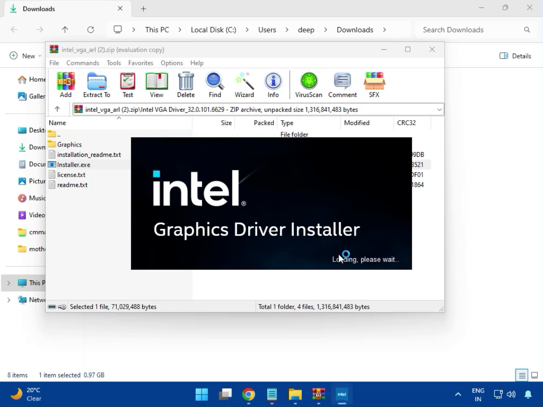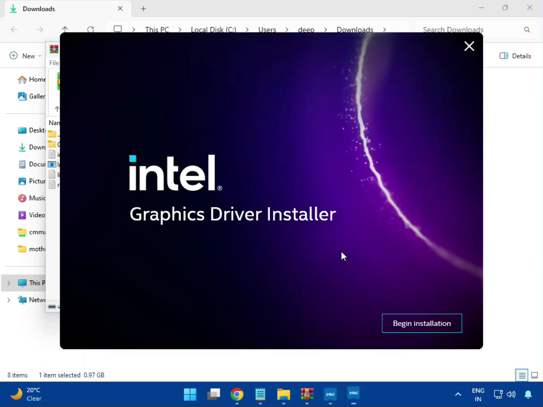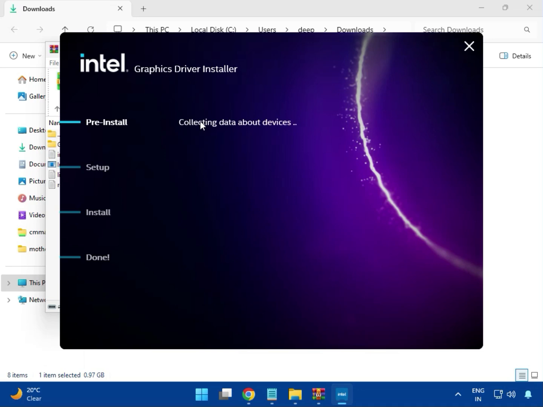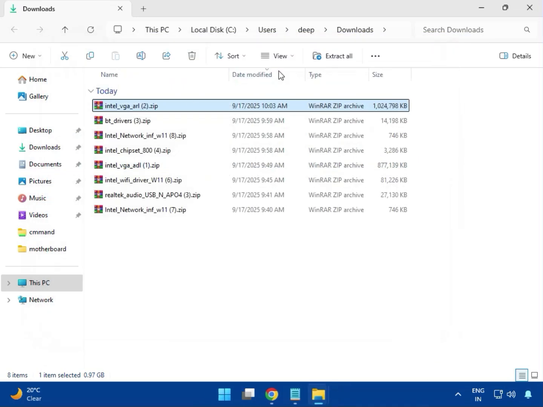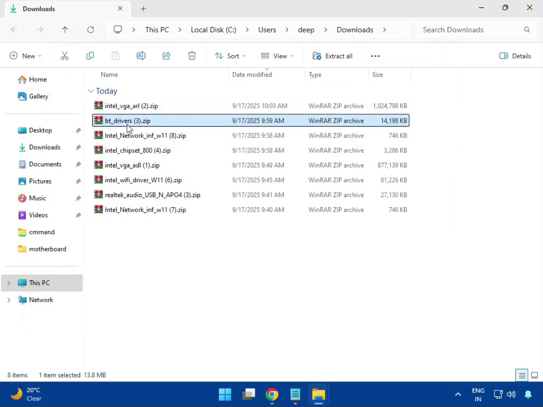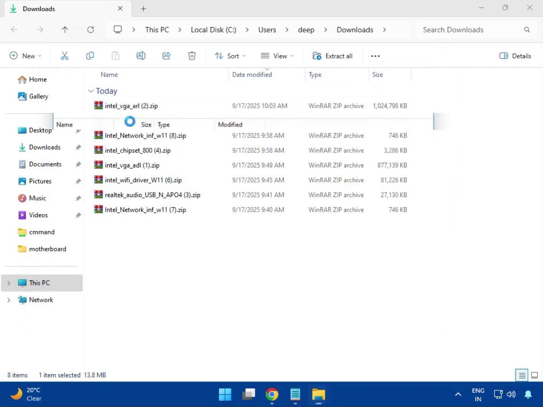It will take some time, and then next to install, and then click to finish the install, and then done with this install. After that, click OK. When it is completed, then close it. Then next, BT means Bluetooth driver. Just a single click to open,